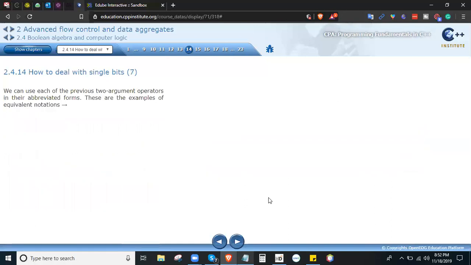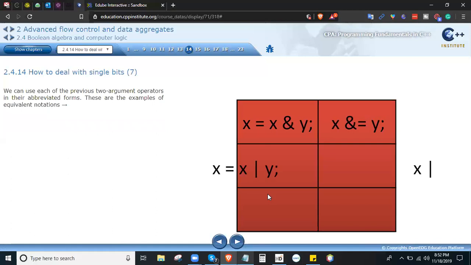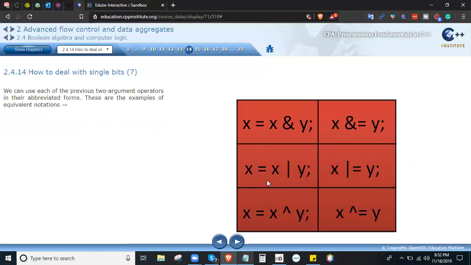We can use each of the previous two-argument operators in their abbreviated forms. These are examples of the equivalent notation. So we have the simplified form. Here's the simplified form, so you don't need to repeat